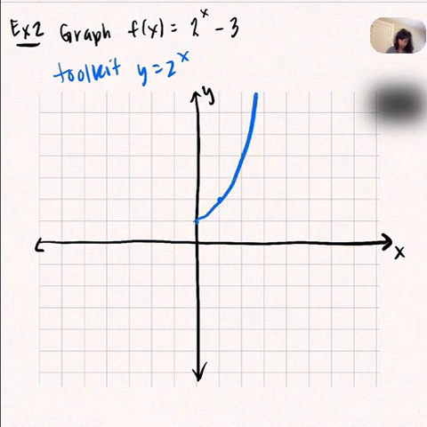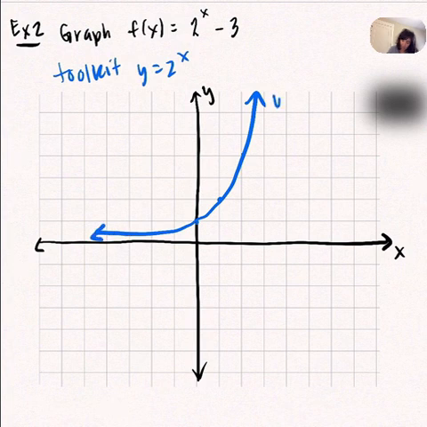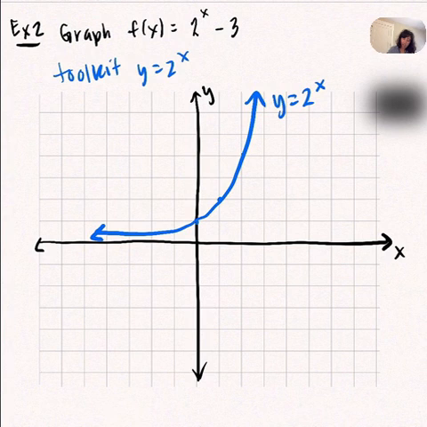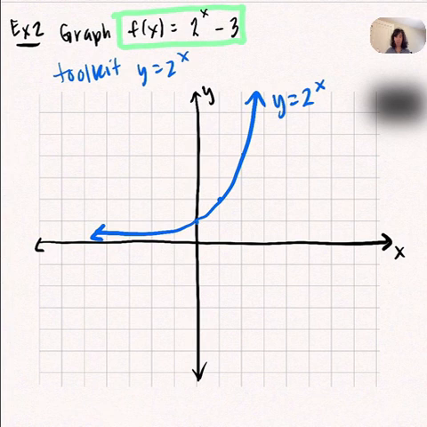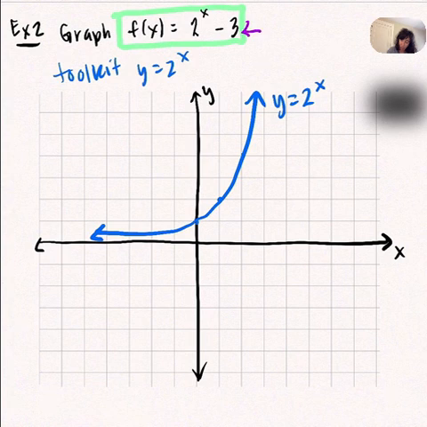We just graphed it. So we know that's what y equals 2 to the x looks like. And then if I subtract 3 from the entire function, so if I do 2 to the x and then minus 3 on the outside, what's going to happen is our new function will be y equals 2 to the x shifted